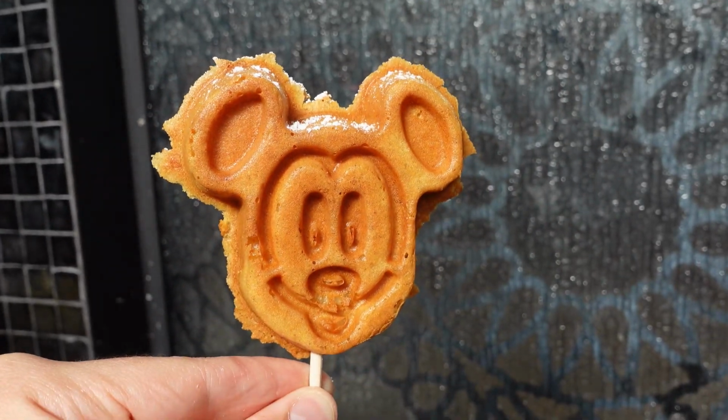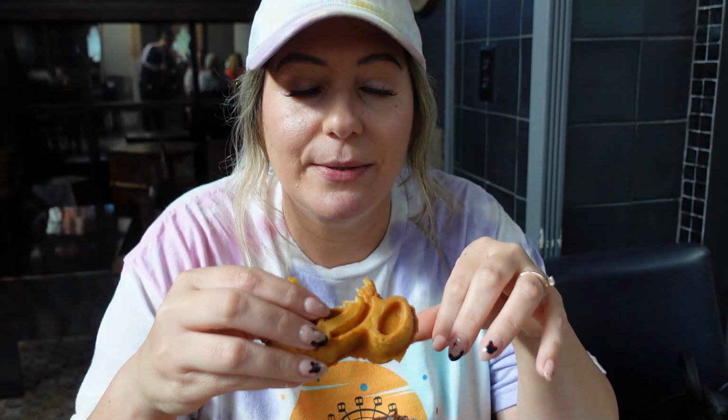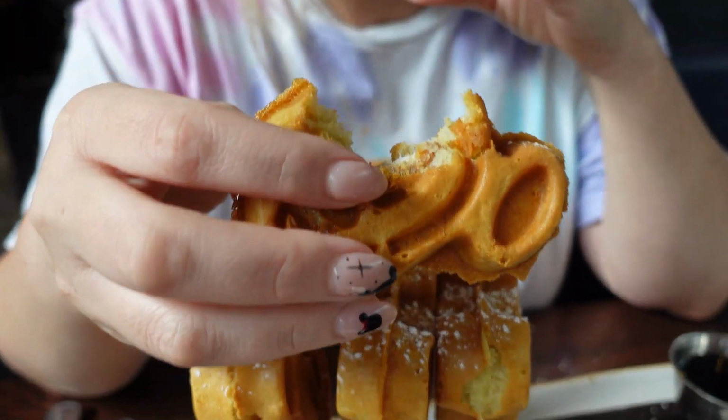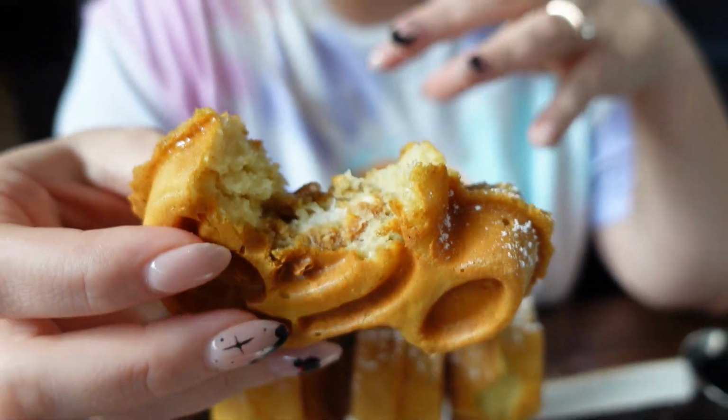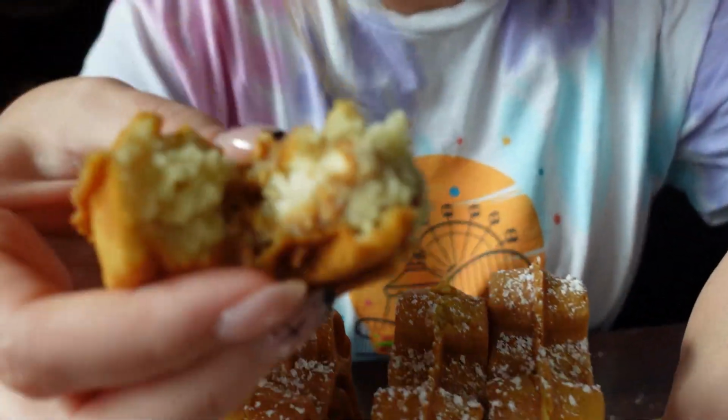You like small bag for that, or you good? It's very doughy. Okay. Well, I guess you have the dough on the chicken, or the fry batter on the chicken, and then the dough of the... I barely taste the chicken. I feel like I taste waffle more than anything. I feel like when you have traditional chicken and waffles, you have the big piece of chicken on top of the waffle and you taste it more. I don't really get too much of the chicken flavor. It is very good, but for now...